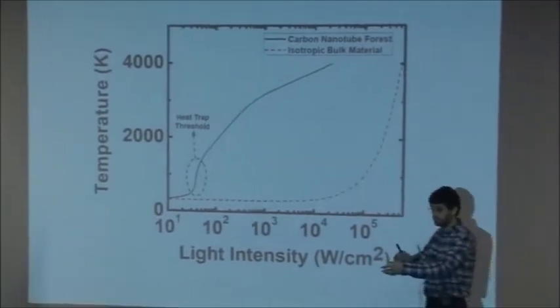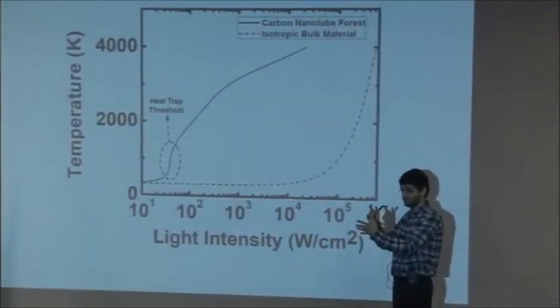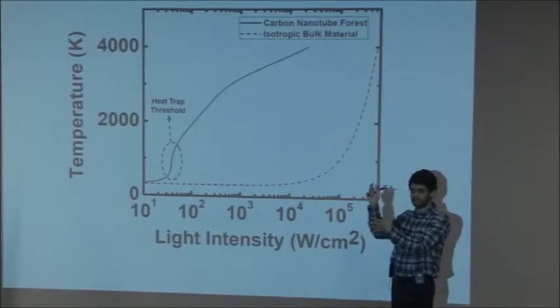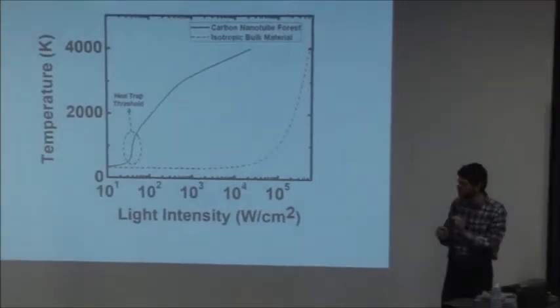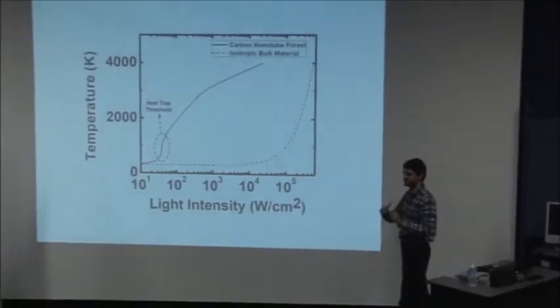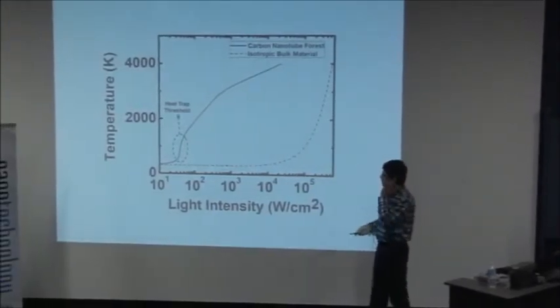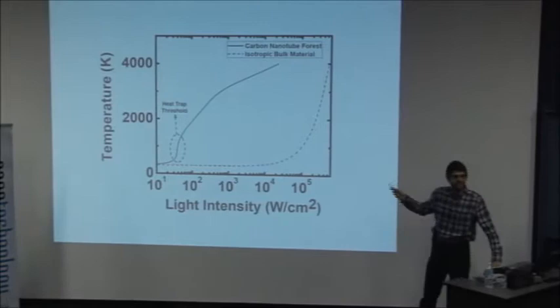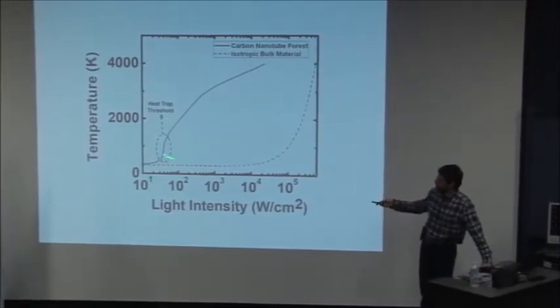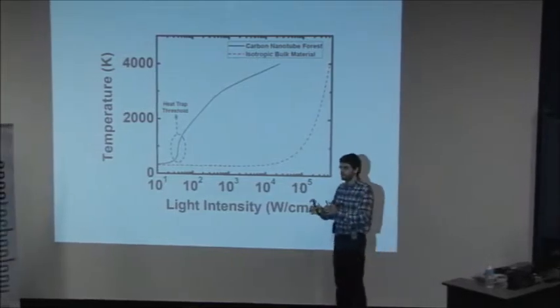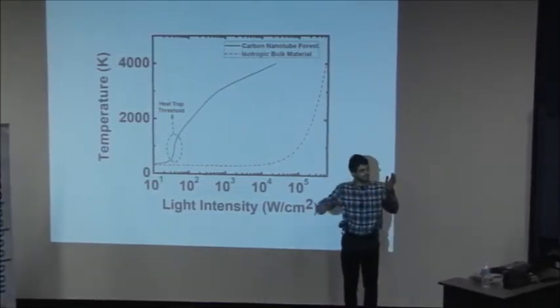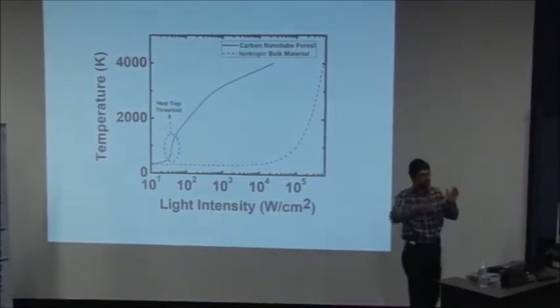And in fact, we've seen in experiment that this is very nonlinear. Once you start focusing the laser without much power, just reaching that threshold of intensity by focusing a little more, all of a sudden the thing starts glowing and temperature goes up. And for obvious reasons, we call this heat trap, because in this regime and beyond, basically what seems to be happening is that you have quenched the thermal conductivity. Temperature has gone up, thermal conductivity has dropped.